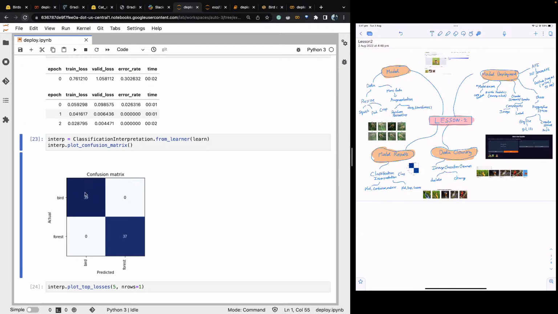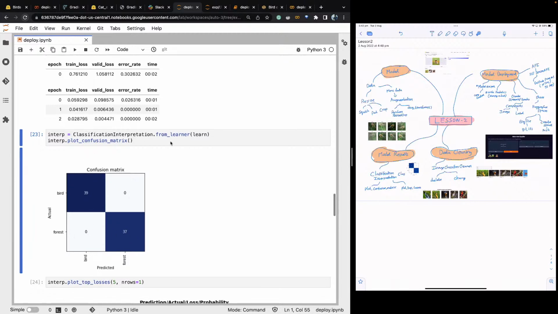If you see this one, we are getting 39, which means out of 39 original bird images, we are predicting all correct, 39. So there is no misclassification here. Okay, the misclassification is 0. And for forest, out of 37 forest images, we predicted all correct, all 37. So this is how you interpret the